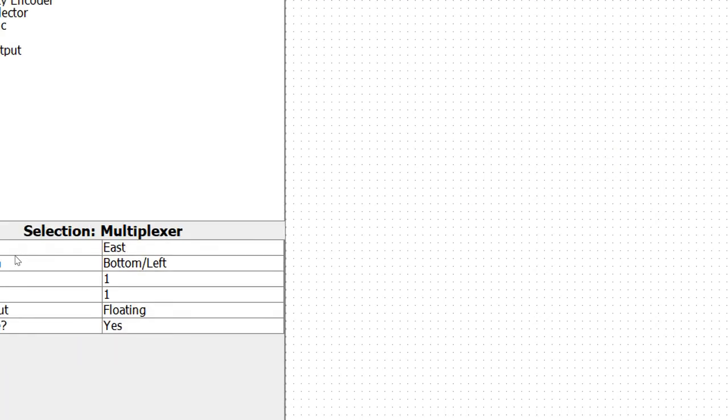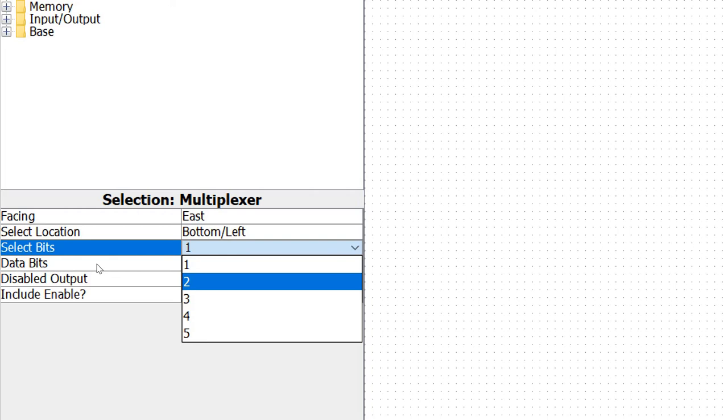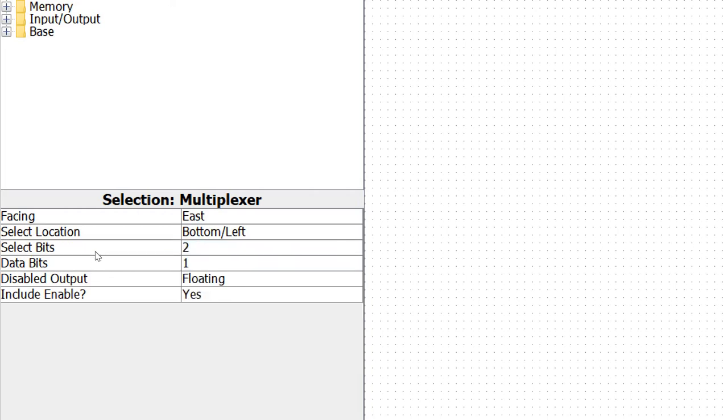This multiplexer is selected, and now we have to set how many selection lines are required. For a 4:1 multiplexer we require 2 selection lines, so I have taken 2, but data bits I am making 1. Now you can see this multiplexer consisting of 4 input lines and a selection line. For those inputs we can apply multiple values, and this is the output.